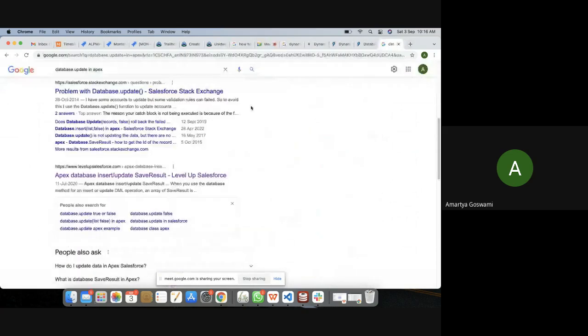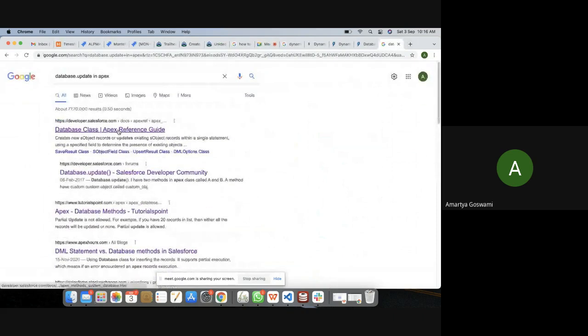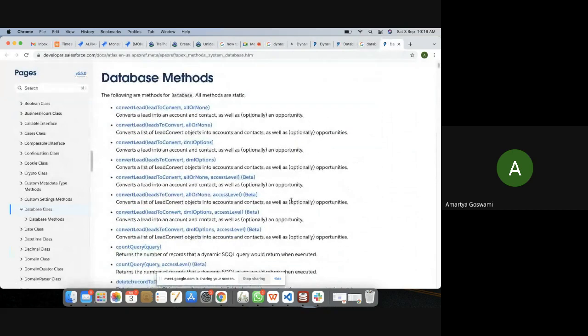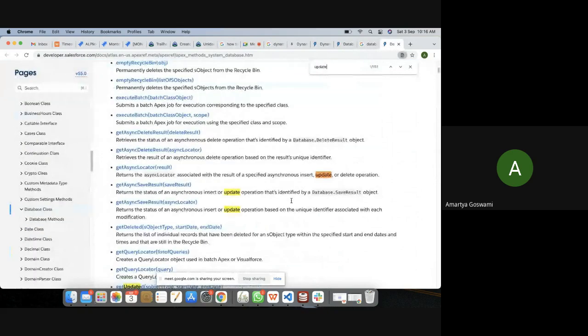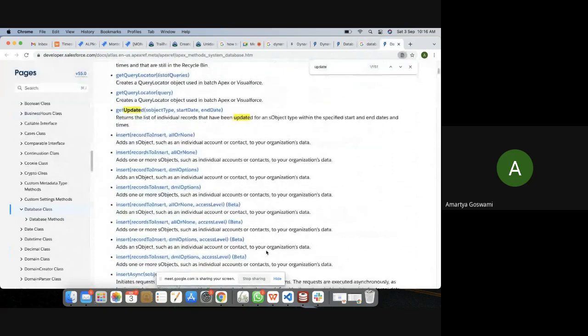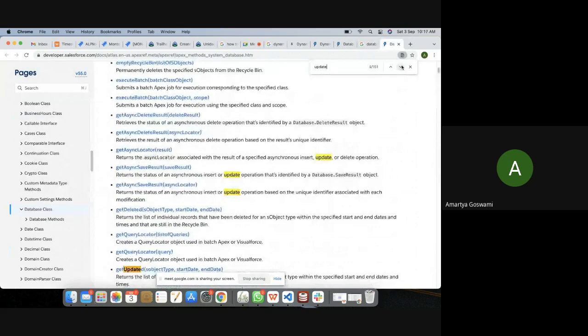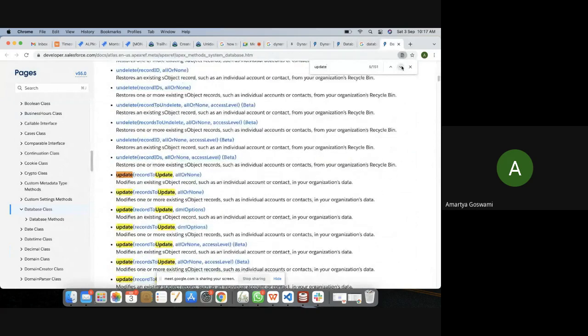Anyway, Database.update. Let's get into this. This is the thing. Database.update, how you can utilize it? Same as insert, you can use Database.update and the record list. Now, what is our assignment? Our assignment would be,